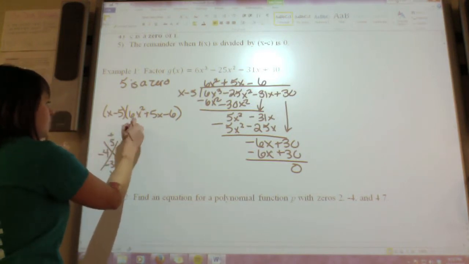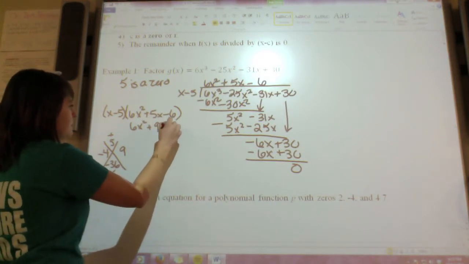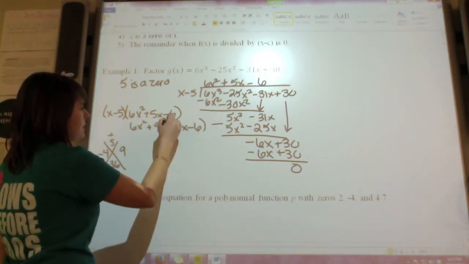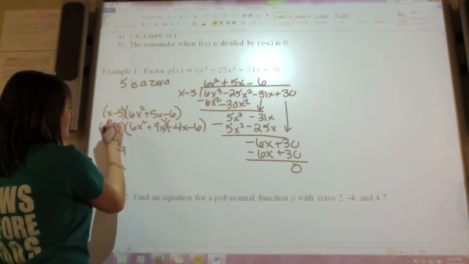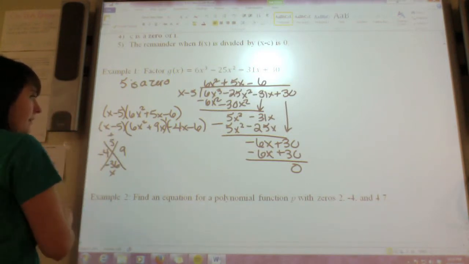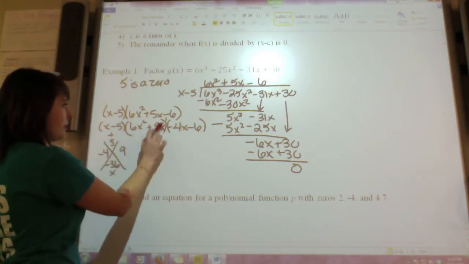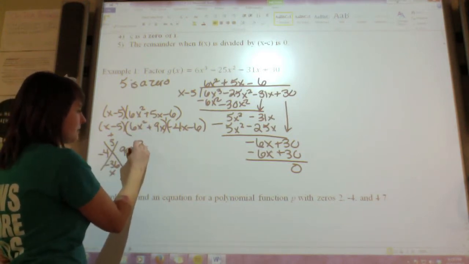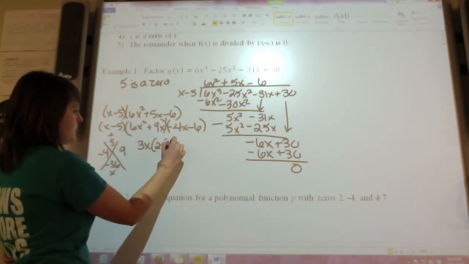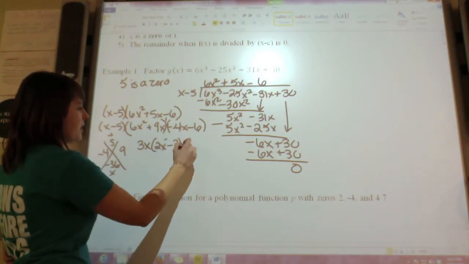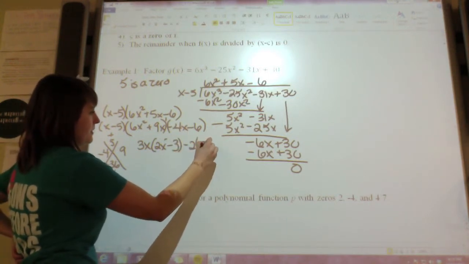So now I can rewrite this as 6x squared plus 9x minus 4x minus 6. And then I can group it. I can't forget about my original x minus 5 over here either. So now I can pull out my factors here. So from here I can pull out a 3x, and I'm left with 2x minus 3. From here I can pull out a negative 2, and I'm left with